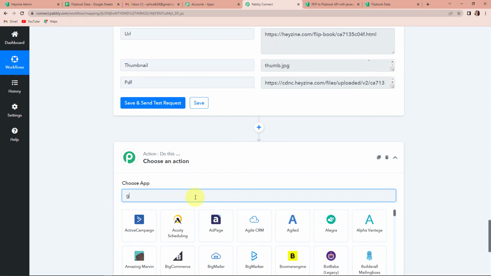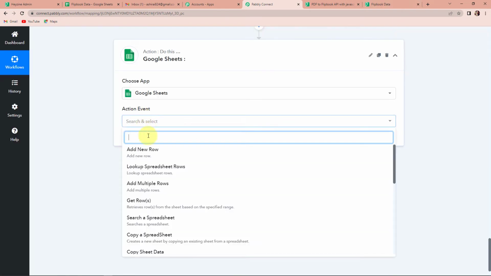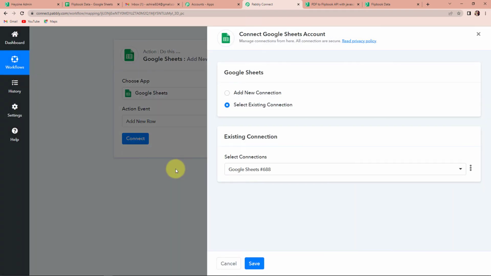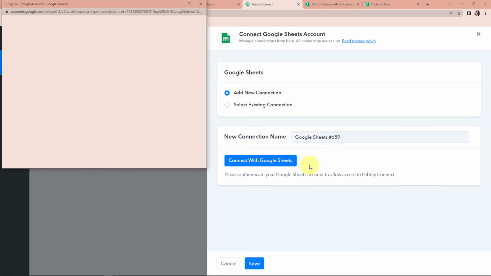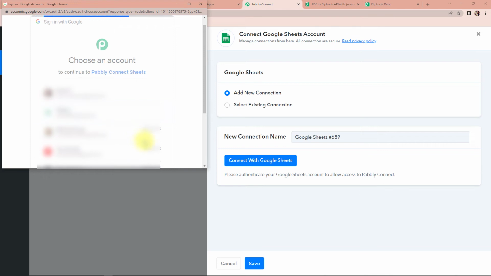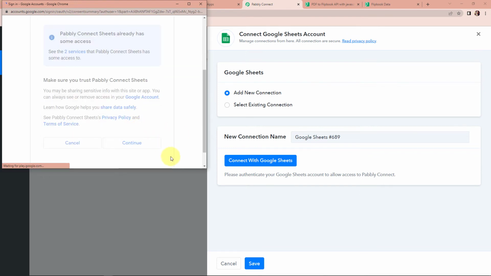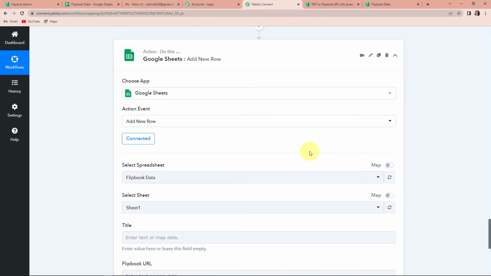And then here I'm going to look for Google Sheets. Let's click on this. And the action event here would be to add new row. Let's click on connect. Here Pabbly Connect is asking to connect itself with the Google Sheets account. Let's click on add new connection, connect with Google Sheets. Here we have to choose the account and then provide the authorization. So I'm going to click on continue. And here we can see that the authorization has been successful. Now here you can see that Google Sheets is properly connected with Pabbly Connect,